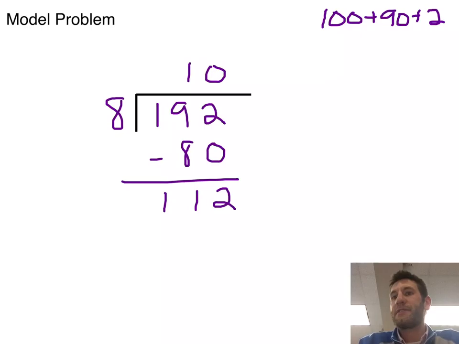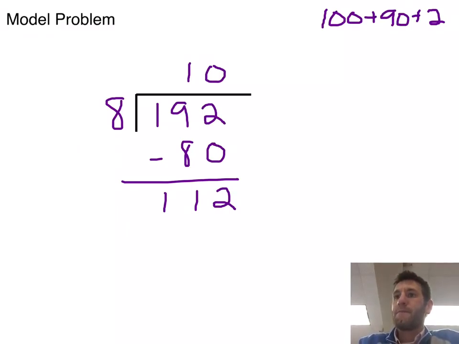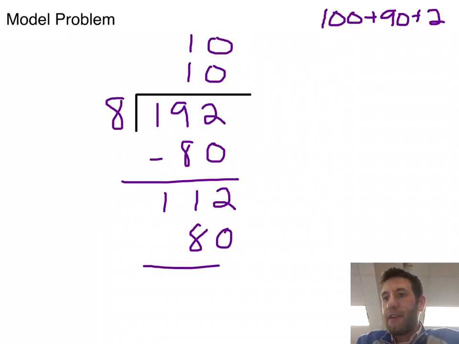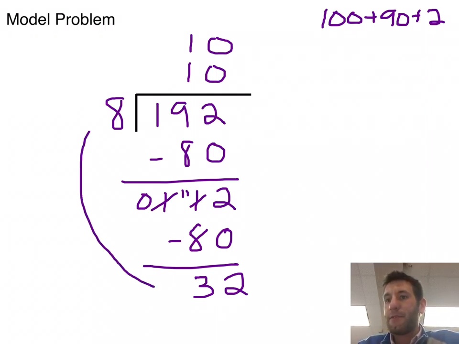Then my next step is I'm going to say how many 8s are in 112 without going over. And I could say there's at least another 10. So I'm going to place 10 right here, and that's my next partial quotient. And I'm going to multiply 10 times 8, and I'm going to get 80, and do the same subtraction. 32. So now I have 32 students left to divide up, and the last step I'm going to say how